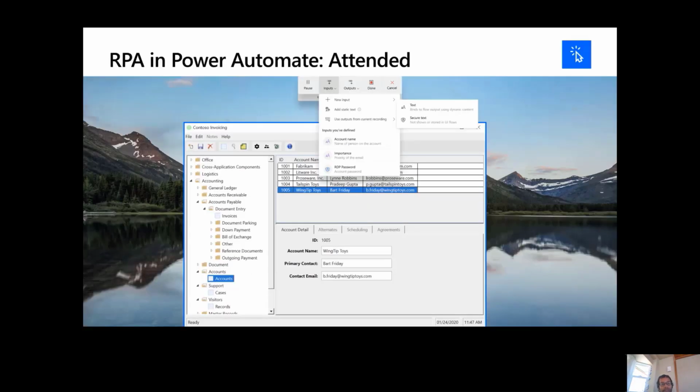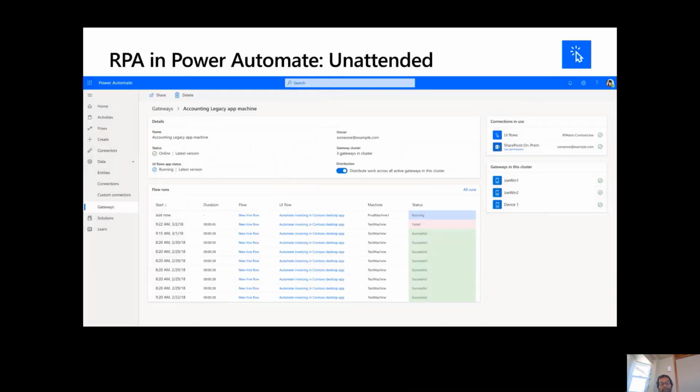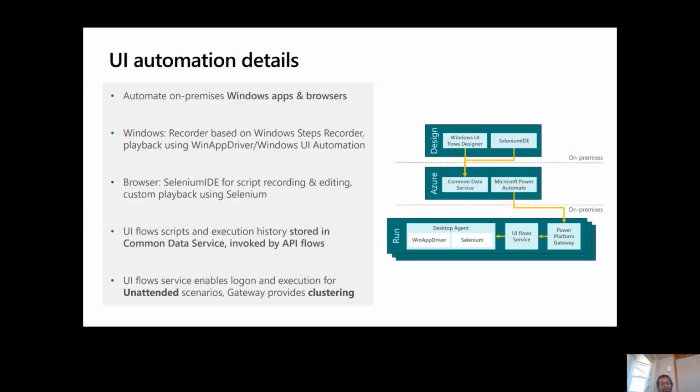So this is what RPA looks like in UI flows for attended. This is a snapshot of the gateway clustering dashboard, which shows you all your UI flows running in unattended mode. And from an